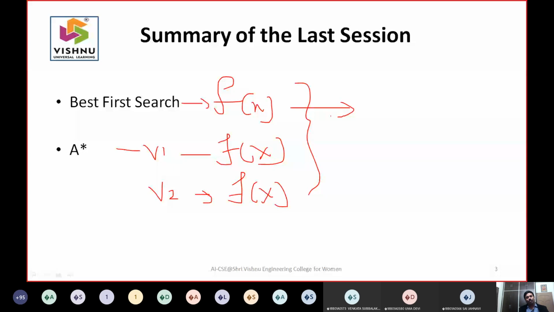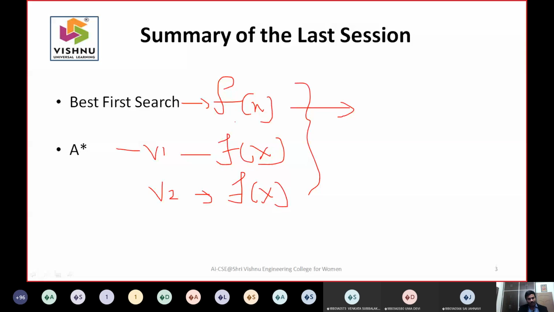At that moment, what is the promising node? If I take that as a heuristic, at that moment that node may be productive, but after later visiting that node, there is a chance that it may not be the productive node. So that is the disadvantage of your best first search.